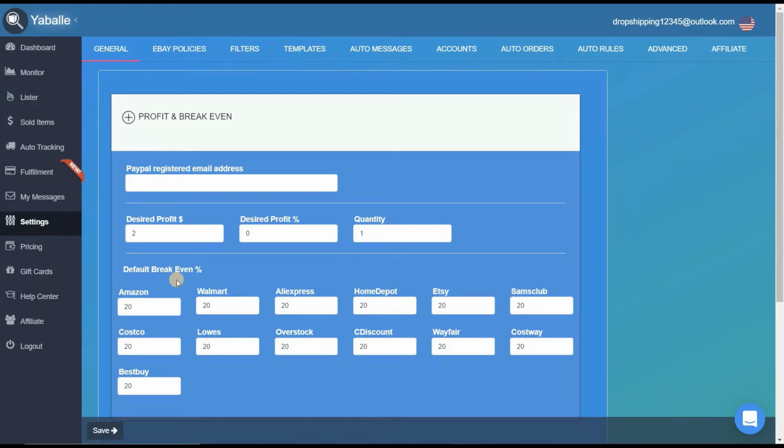If you're not on managed payments yet, PayPal fees are included in this break-even percentage as well. For those who don't know what break-even is, the break-even point is the point at which total costs and total revenue are equal. Basically, it means the point at which you make zero profit.